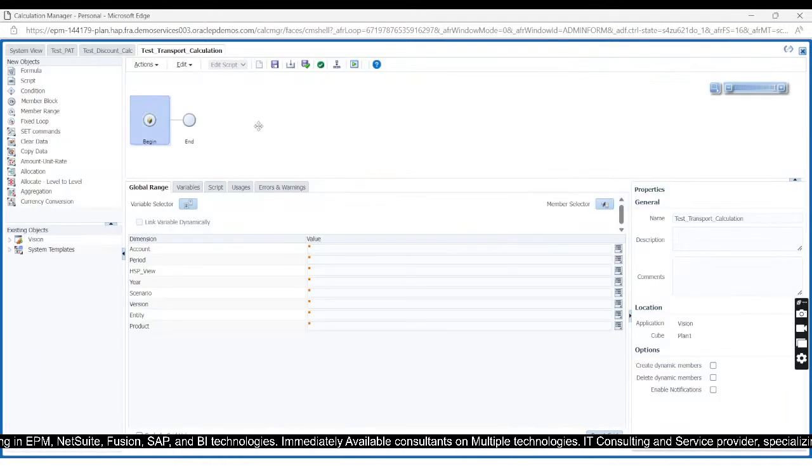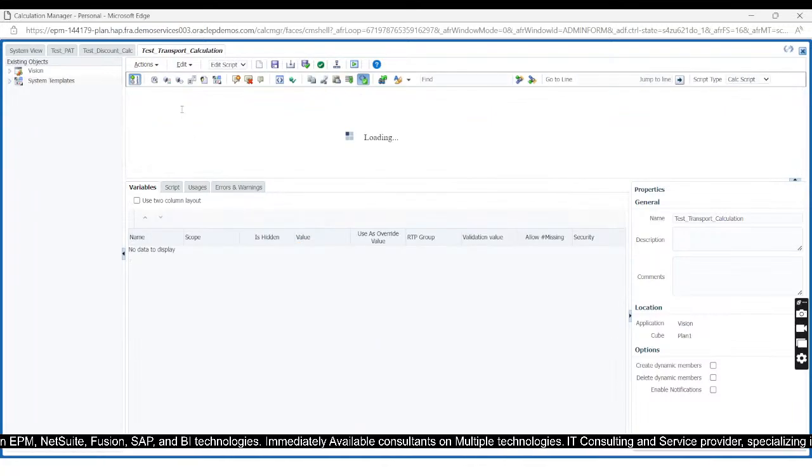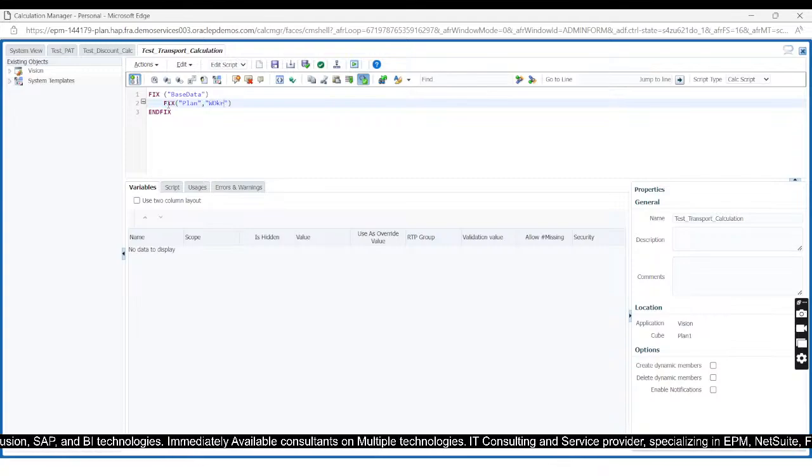I will then go to edit script mode to write the business rule here. I will first fix the plan member from scenario dimension, then working version, FY24,